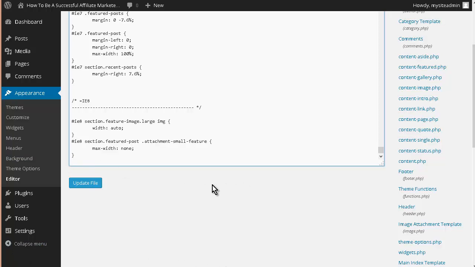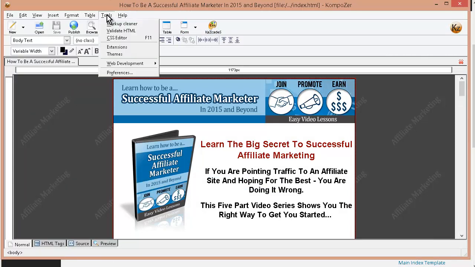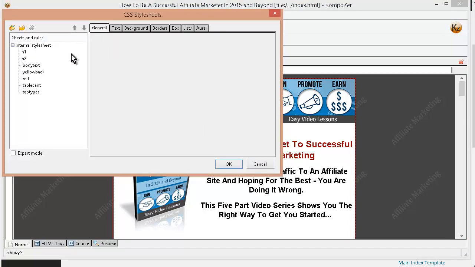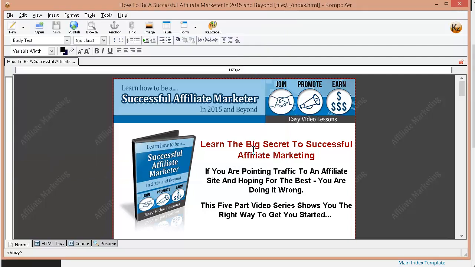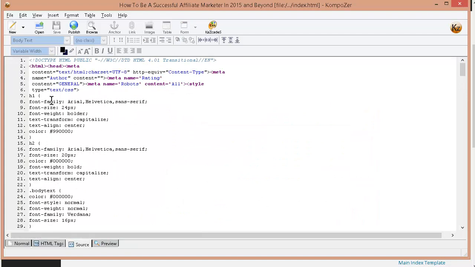Okay, so what we're going to do now is we're going to go over to our editor and then we're going to go over and we're going to find the CSS. Okay, so we have the CSS editor here. Now, what we're going to want to do is probably, instead of doing it from here, let's go over to the source. And then the CSS is always at the top. So what we're going to do is find where the CSS or style sheet starts. So you'll see here